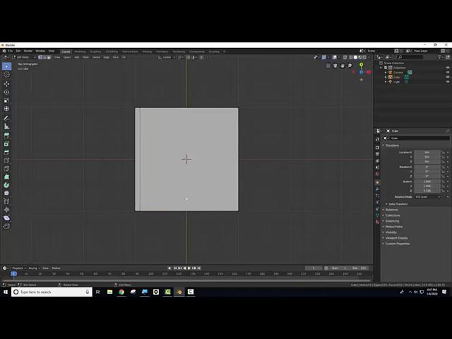Do it again, Control R. Grab that, move it to the right, and click. Then you're going to do it again. Put your mouse up here along the X-axis. Hold down Control, press R. Grab it, move it up. And one last time, we're going to hit Control R. Grab that, move it down,